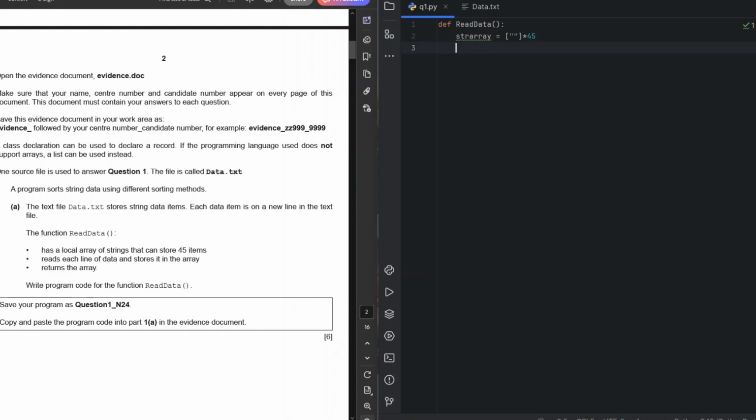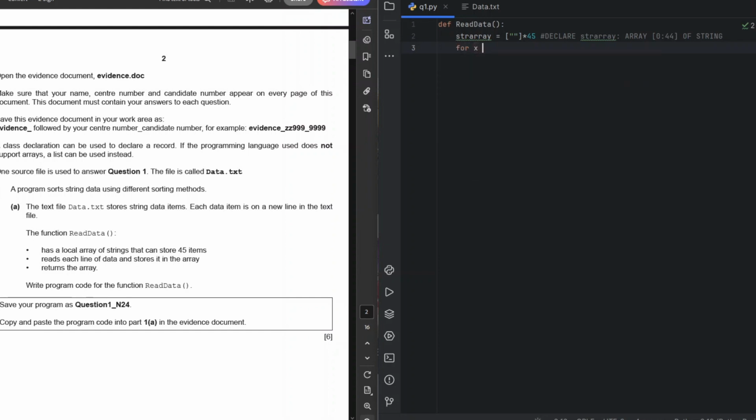But since we have everything defined over here, I'm just gonna be typing in as it is, and I'm gonna be typing in comments. So alright, that's string array,